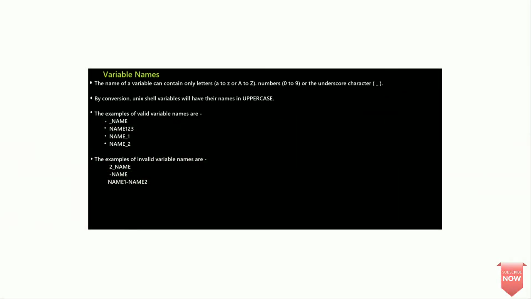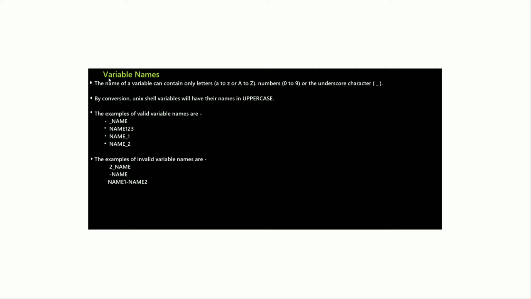In the last lecture we studied the introduction of shell programming, and in this tutorial we will understand the details of shell programming. So we will start with the variables in shell. This first slide is for variable names. The variables in shell are similar to the variables in higher programming languages. That's why there are certain rules to declare the variables, and the same rules are applied here.